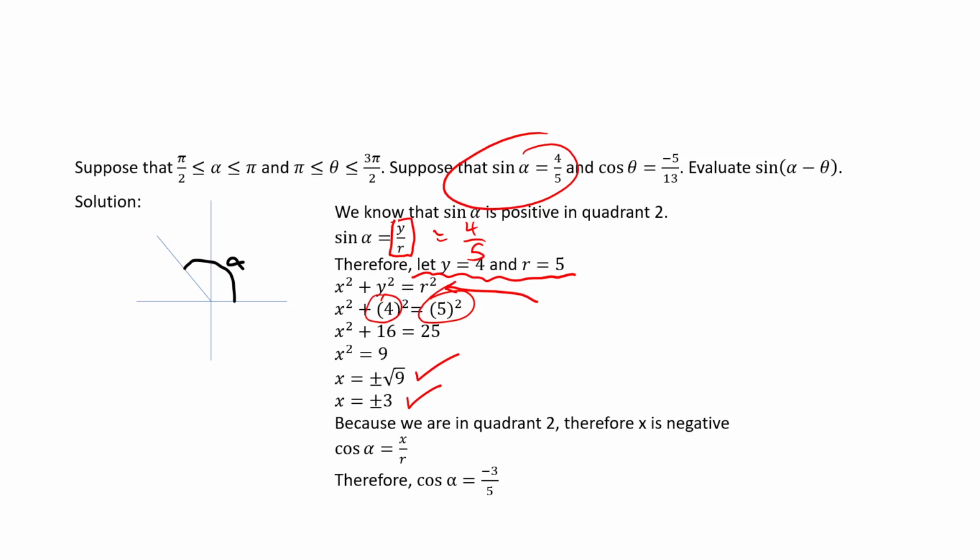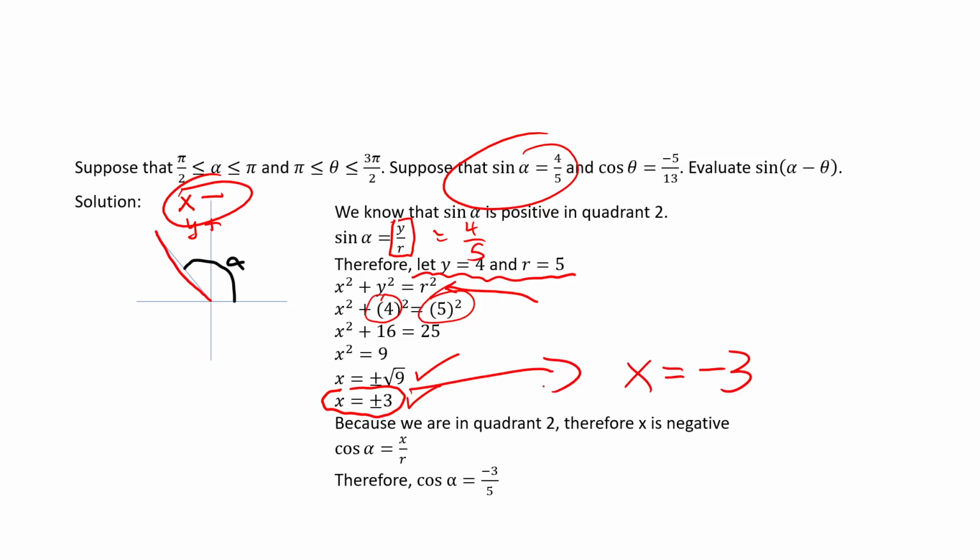But go back a second. Earlier in the question, I said x is negative when you're in the second quadrant and y is positive. Well, if x is equal to plus or minus 3, but I know x has to be negative, that means x equals negative 3. It can't be positive 3, it's got to be negative 3 because of the quadrant we're in. So since cos of alpha is x over r, and earlier we said r is 5, right up here,